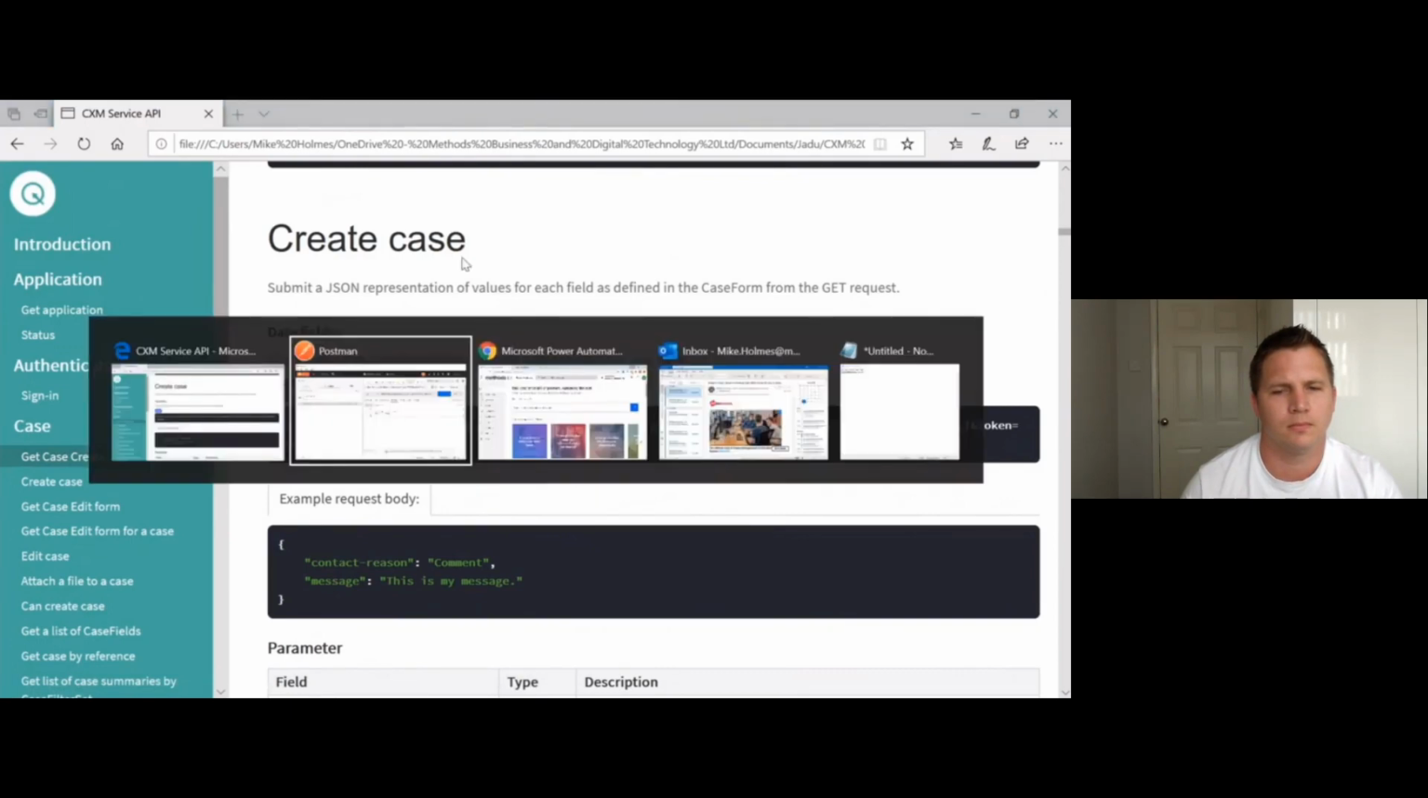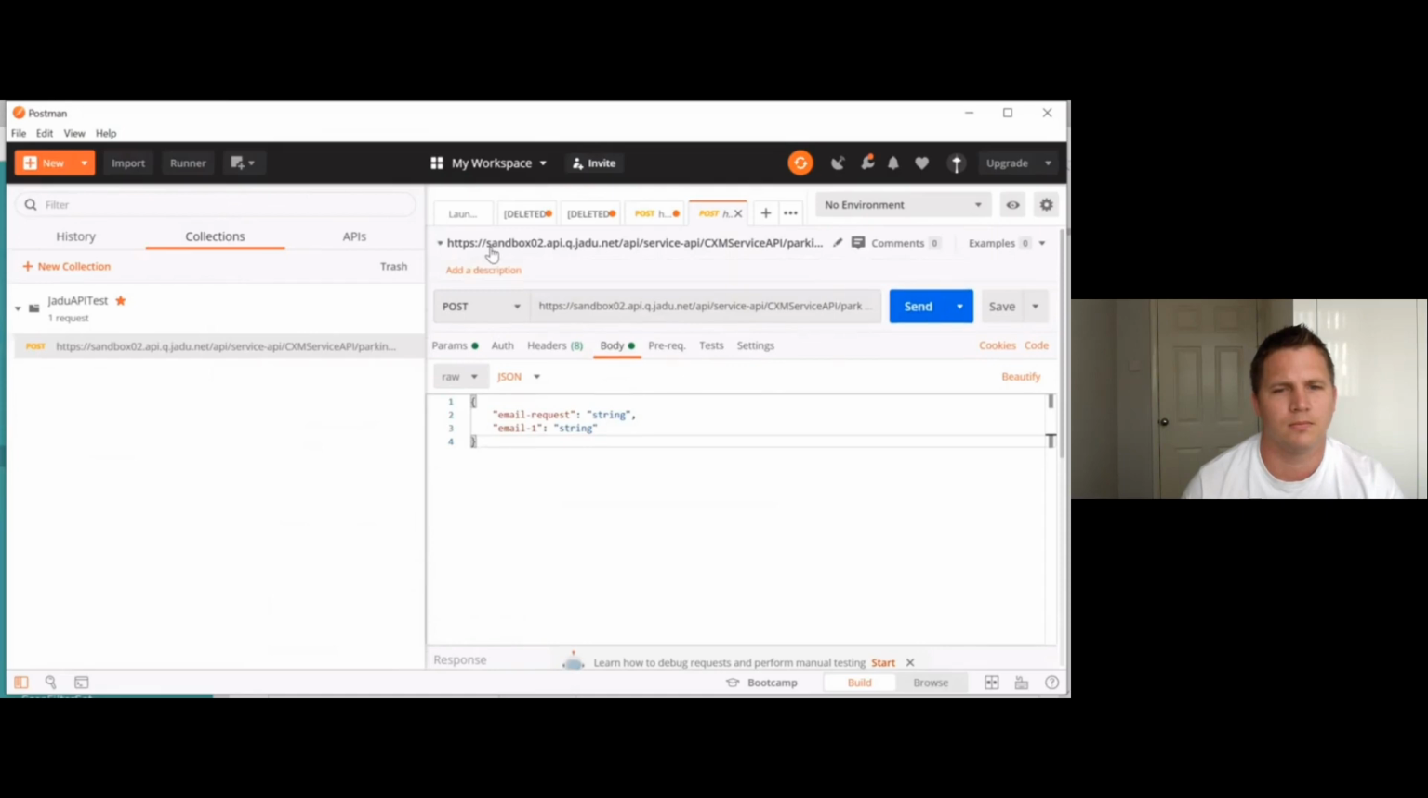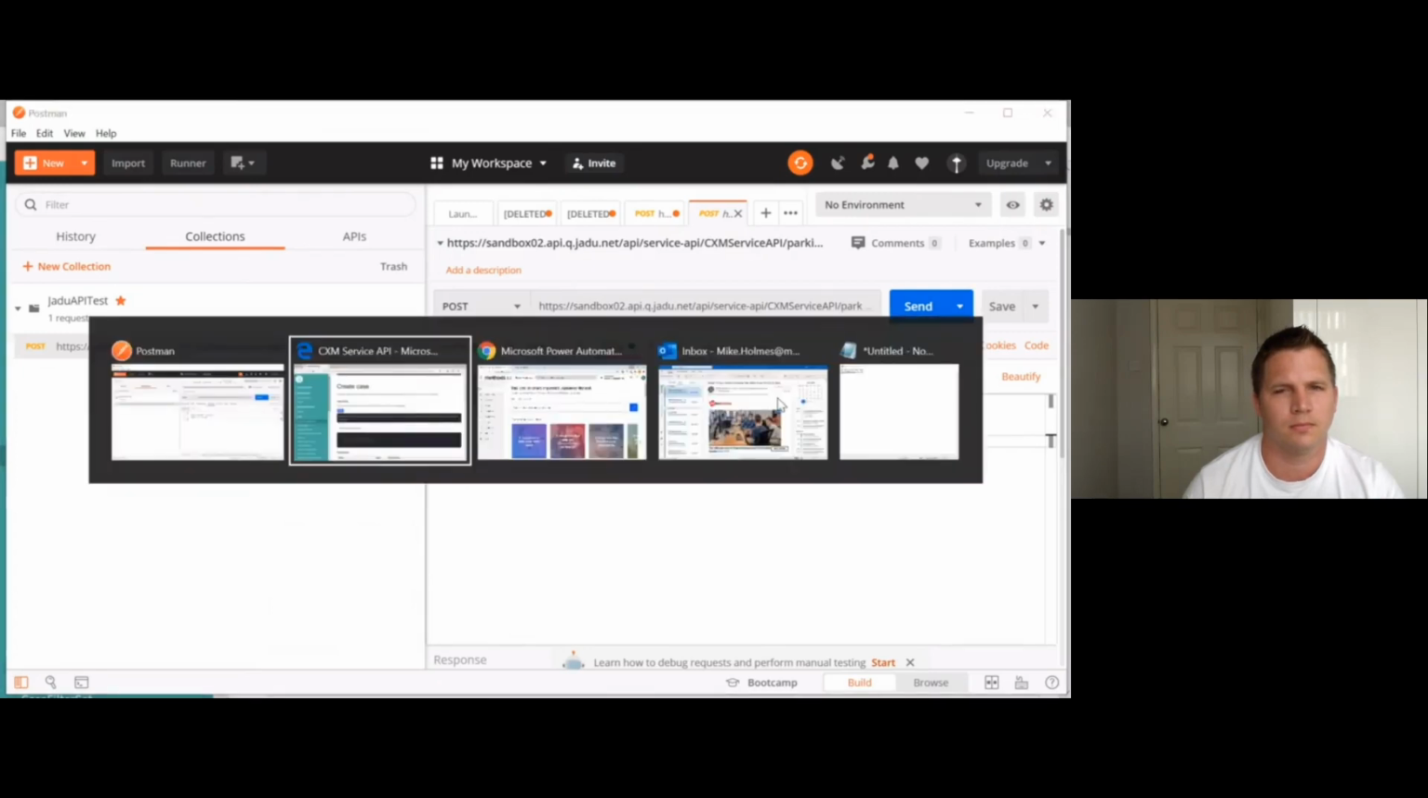I use a tool that's quite handy for building my API calls. It's free and it's widely used, called Postman. You can see here in the example, I just pop in that URL, and then in the body, I'll pop in the fields that I want to populate. In this example, I'm going to take the email body and the sender email, and I'm going to pop that into the Jadu case. When you've got that, you can simply export that as a Postman file and move across